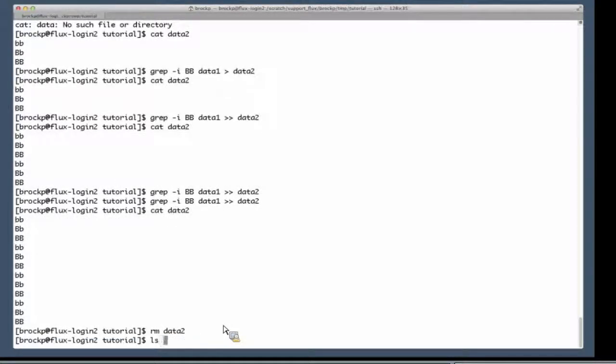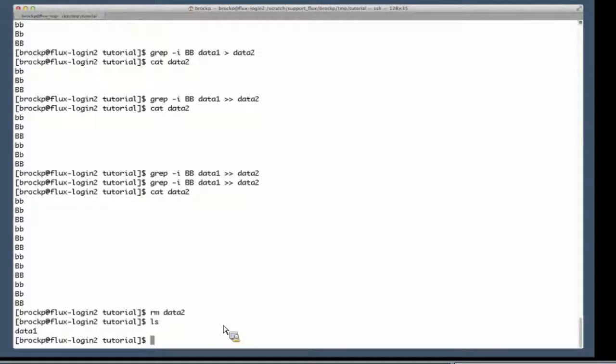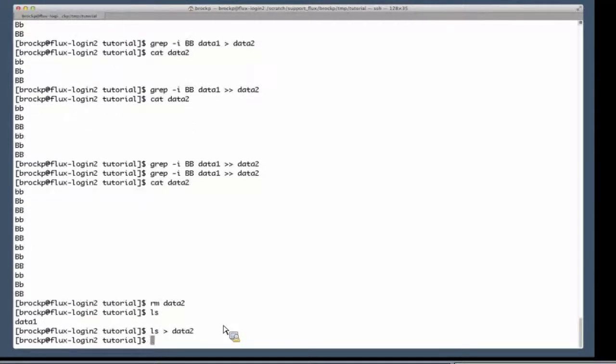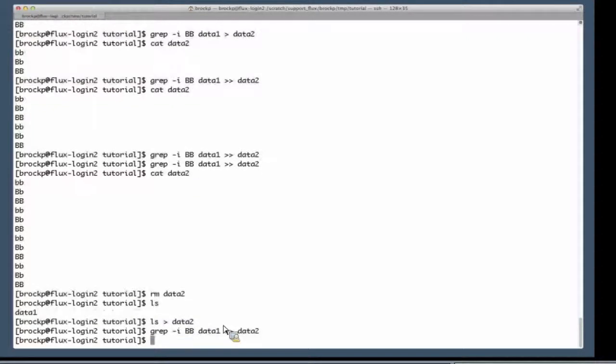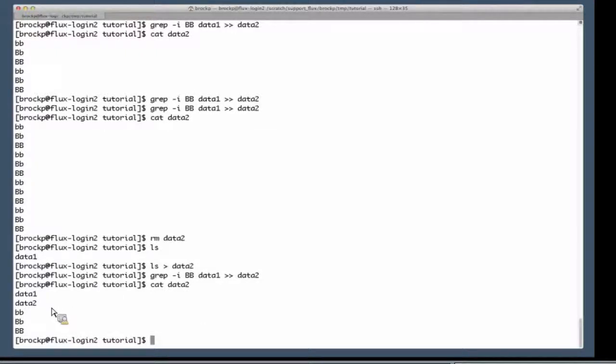Let's say I want to list the files in the directory. I'm going to put that into data2, and then I'm going to run my grep and put that also into data2, but using the concatenate with the two carets. And now if I cat data2, it has the output of both of my commands, which is first the ls